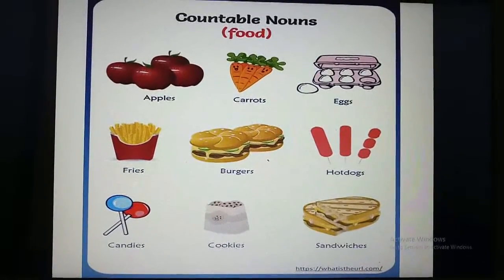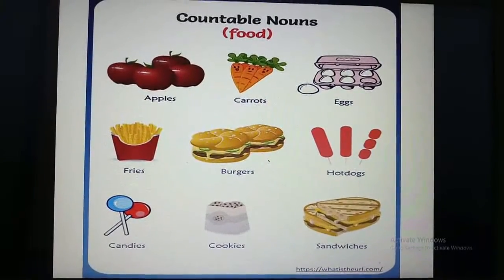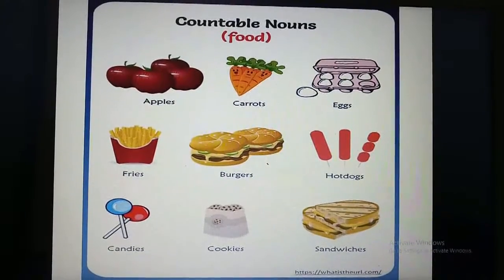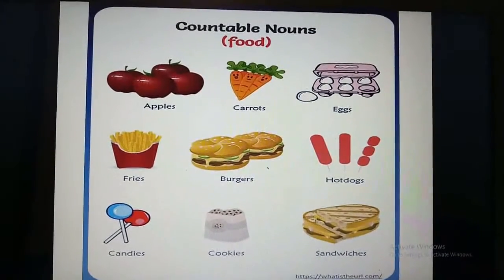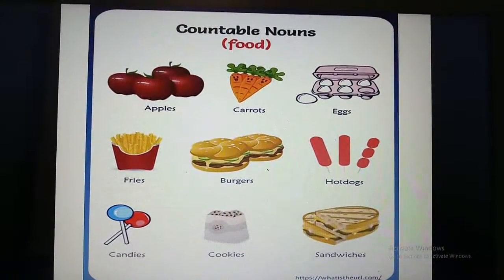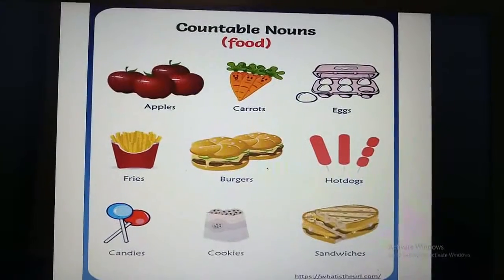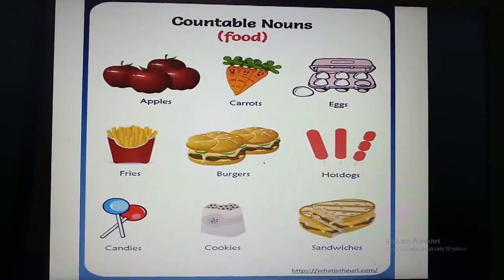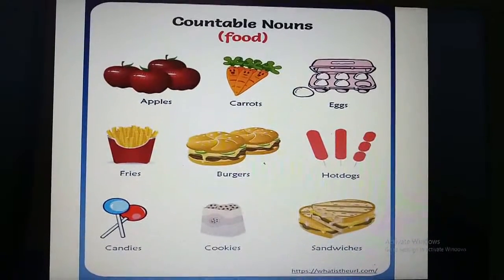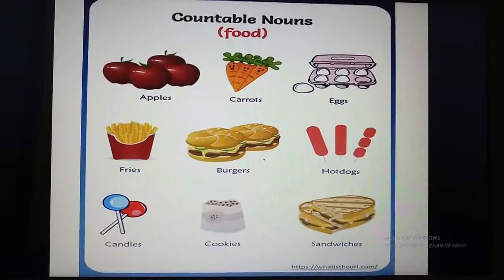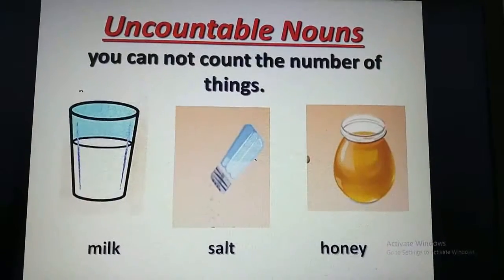Cookies we can take out from the box and we can count them. 1 cookie, 2 cookies, 3 cookies, 4 cookies. Last picture is sandwiches. We can count 1 sandwich, 2 sandwiches, okay? So these are the examples of countable nouns which you can count in numbers.